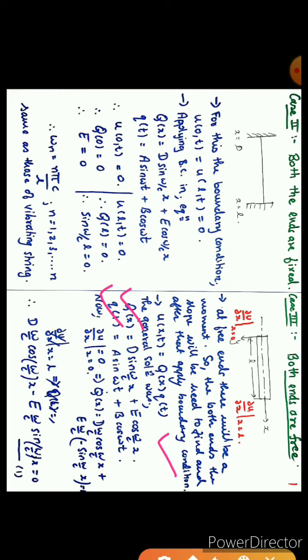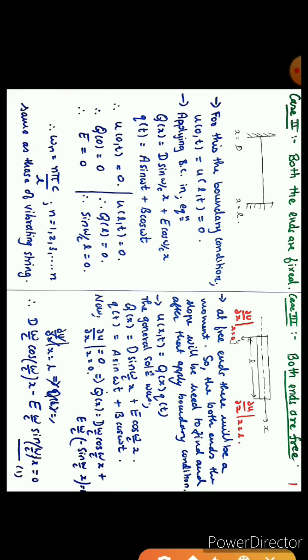To obtain the first condition, that is at this side del u by del x equal to 0, we'll find del u by del x of the Q of x term. So here the sin will become cos, and omega by c will come outside, and it will be cos of omega by c x. I have done it over here. Next the cos term will become sine, but it will be minus sine, and omega by c will be outside, so you will be getting this term. So finally on rearranging you will be getting this term.